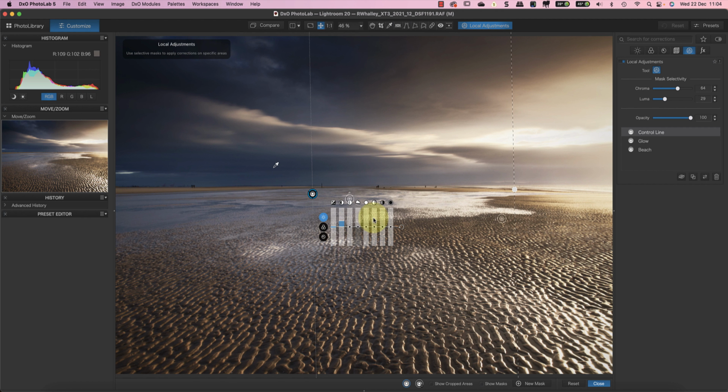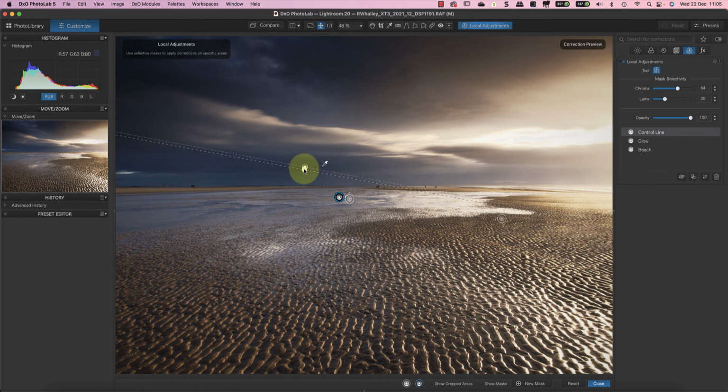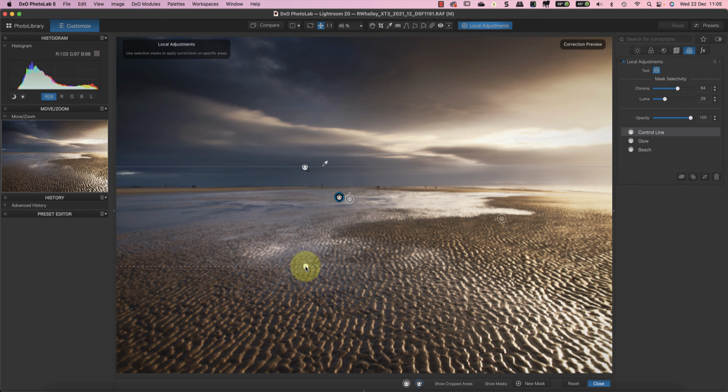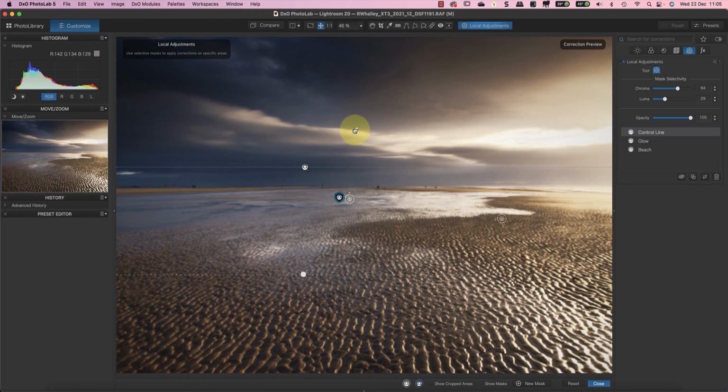I can fix this using another of the features of the control line, which is a negative control line. I just need to click the negative icon at the bottom of the screen. Then I can draw over the area I want to protect. The negative control line works just like the regular control lines we've been using, but it removes the area from the mask, preventing it from being adjusted. As with the other control lines, I'll move the sample point to position it on the cloud, sampling that colour.